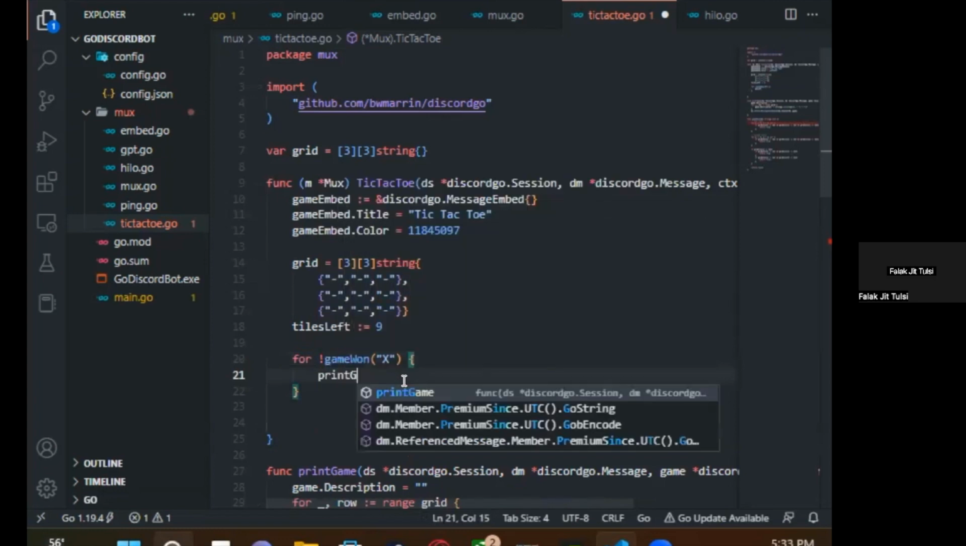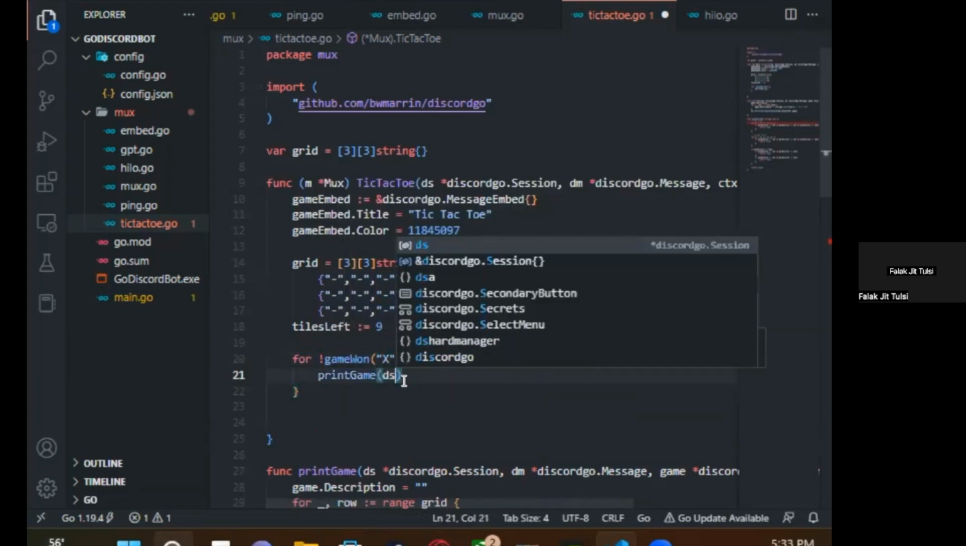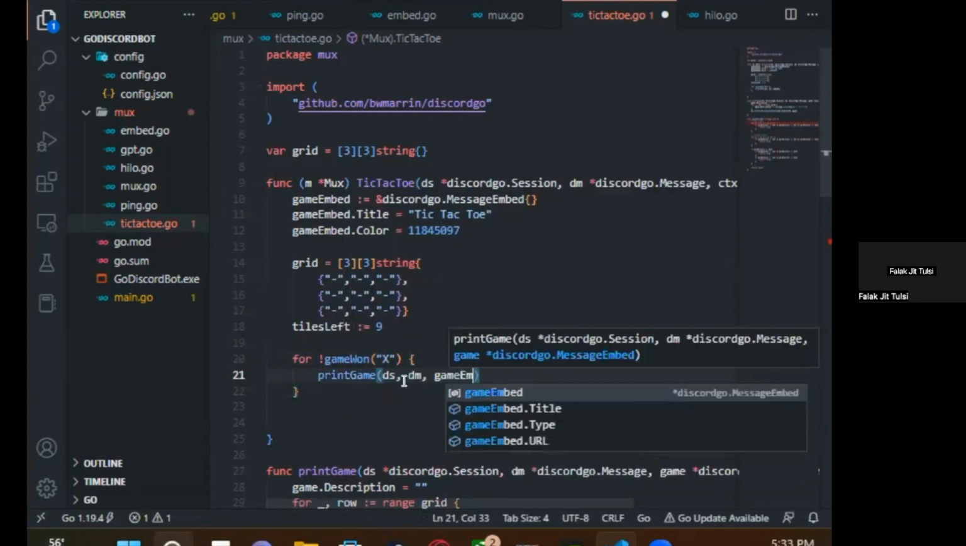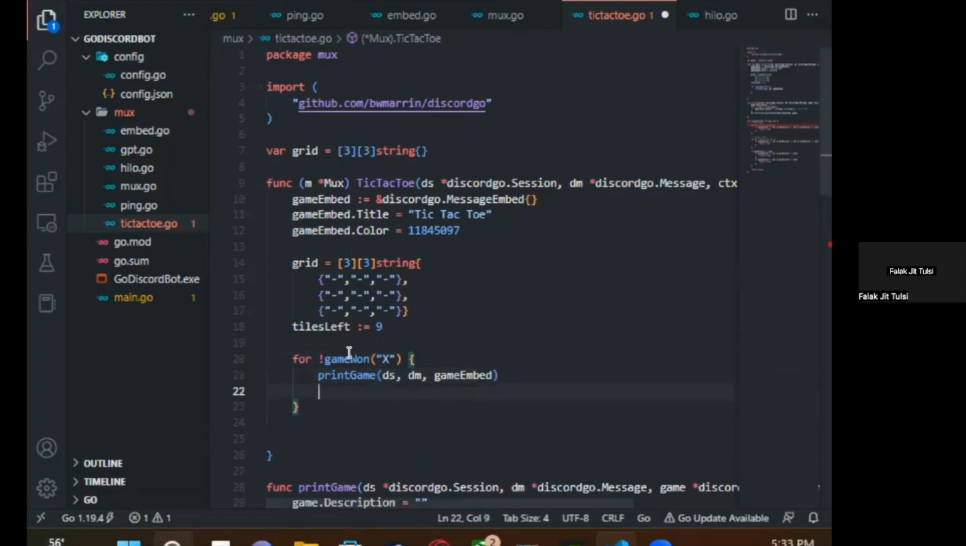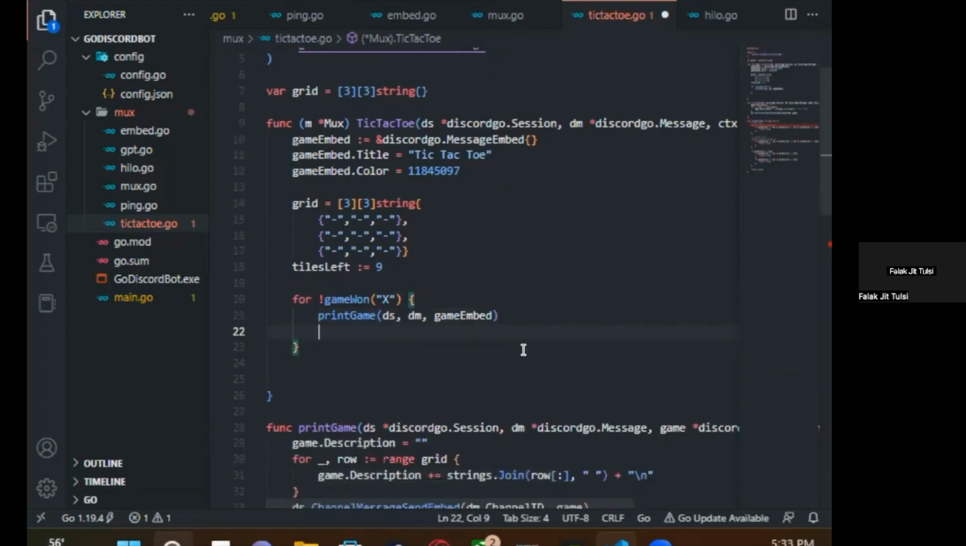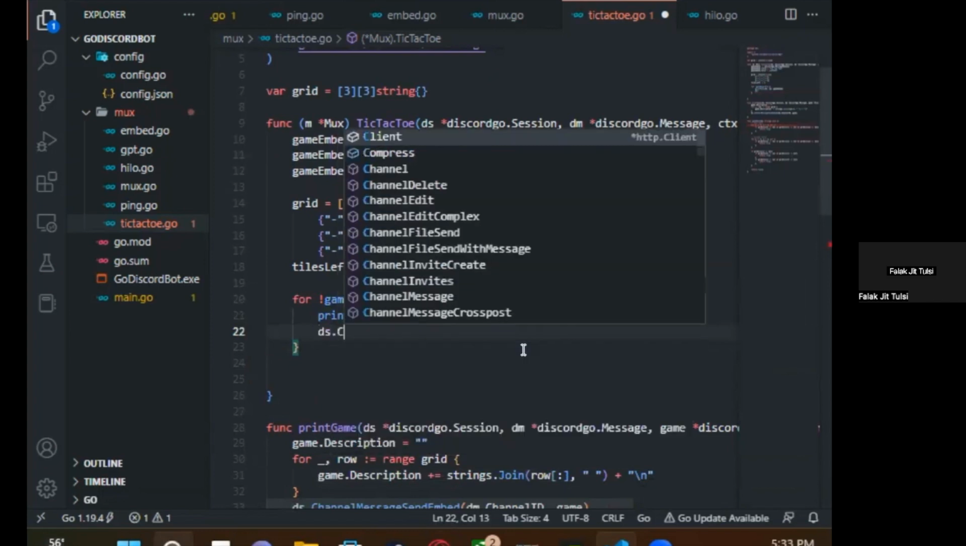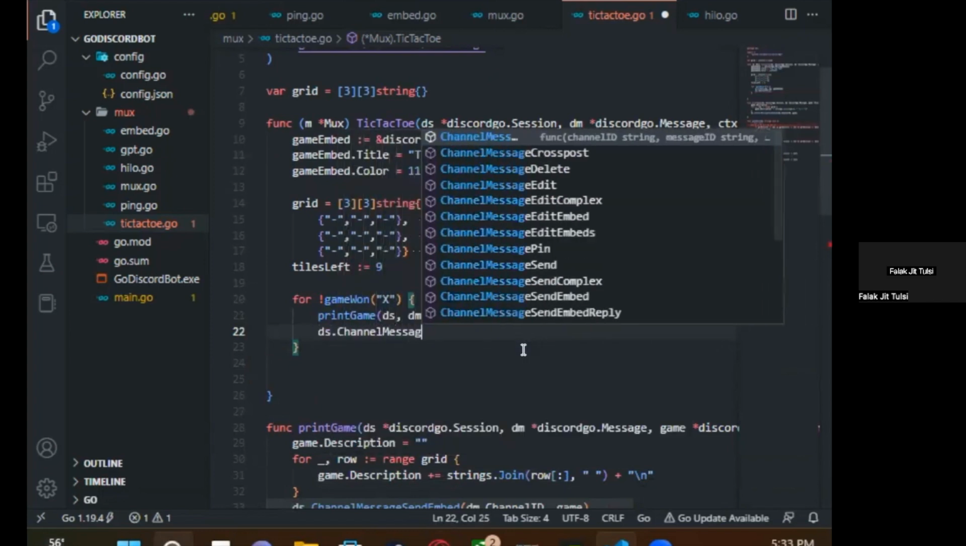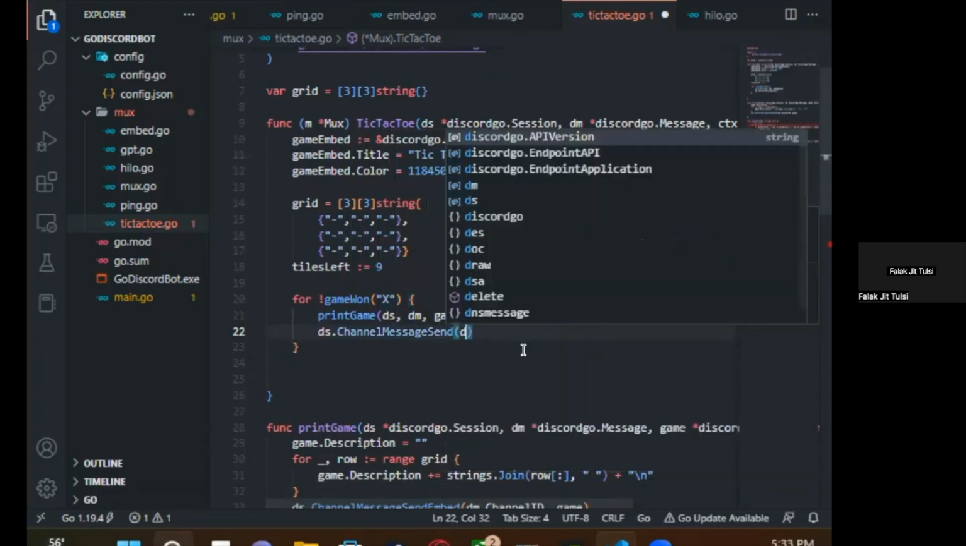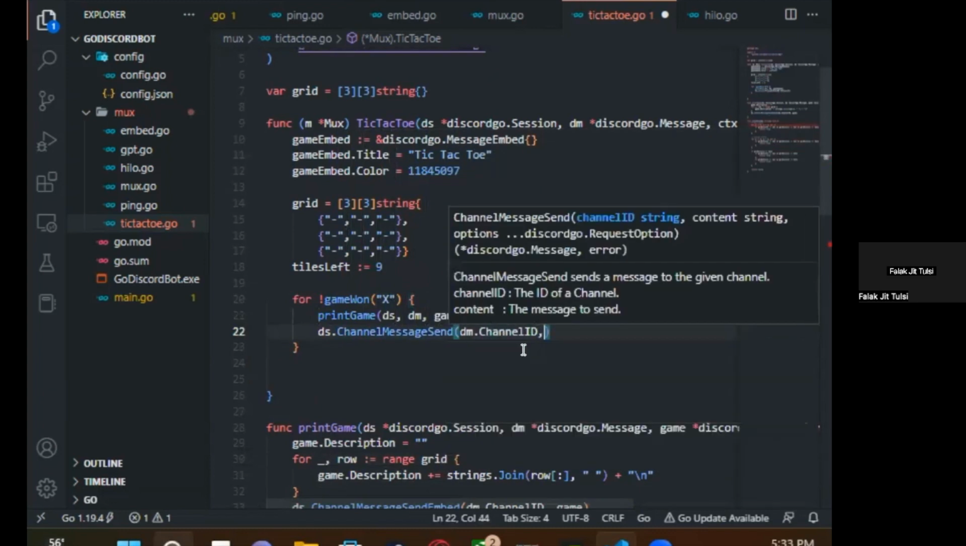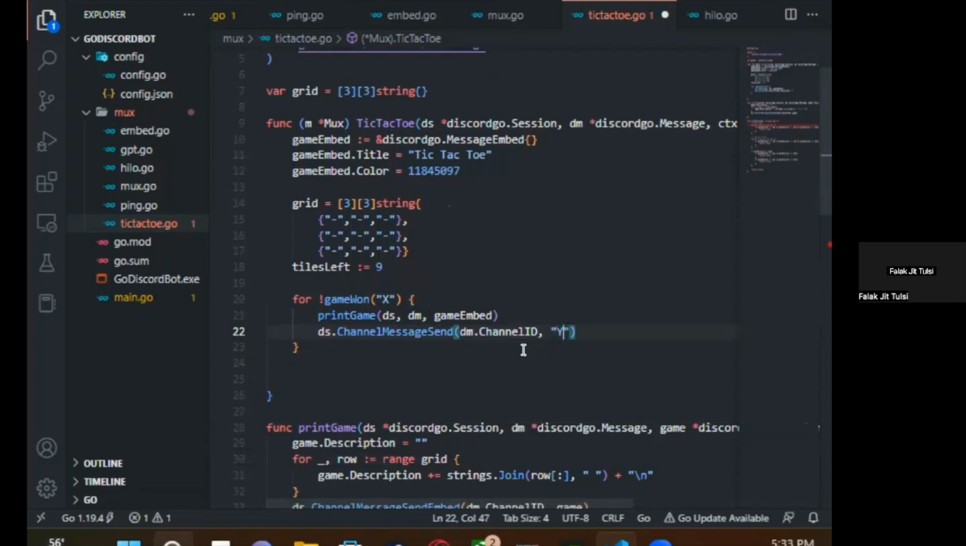The first thing we're going to do is print out the game. This is how you print the game, and we already have that function down here. The next thing we want to do is give out some sort of message to ask for input. We're going to say channel message send, dm.channel ID. And then here we're going to say